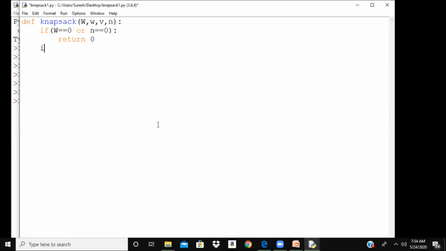What is the recursive case? If the weight of the nth element, which means n minus 1 because indexing starts with 0, is greater than the new capacity, that is the empty space in the bag, then I cannot choose it. So simply return knapsack of the case when you don't choose it: W comma w, v, n minus 1. Else, if the weight of the nth item is less than the space available in the bag, then return